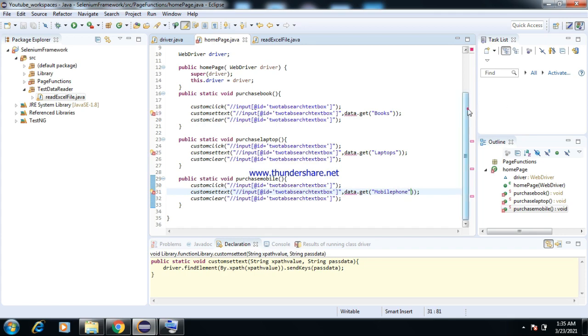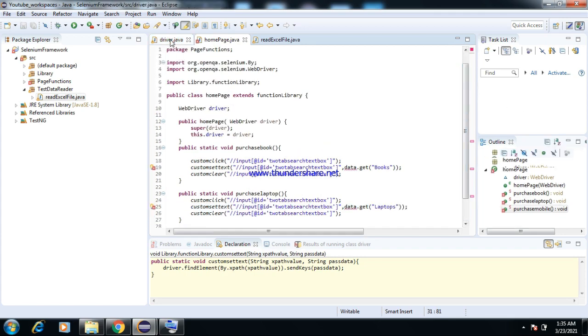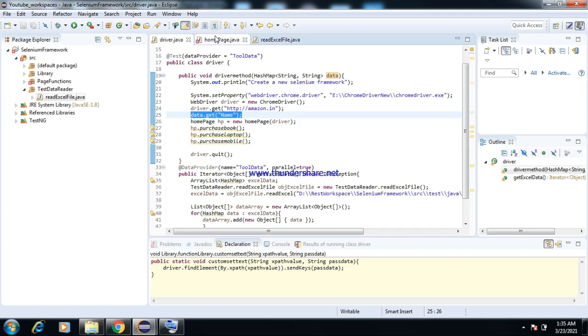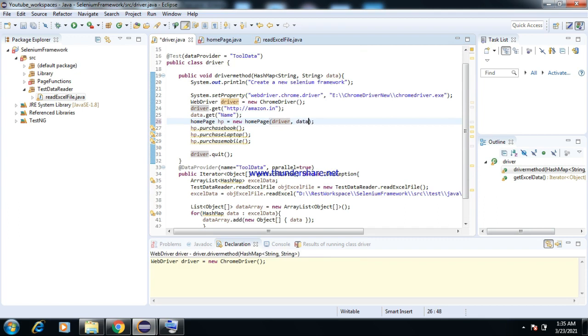So how can I pass this data from this driver into this home page? I need to pass this through this object. I am going to pass it as a parameter here to the home page.